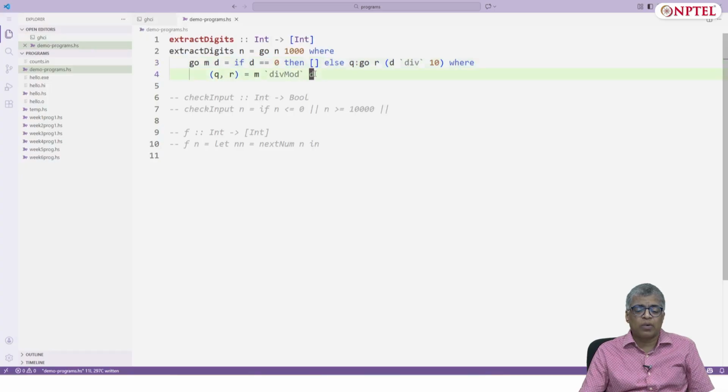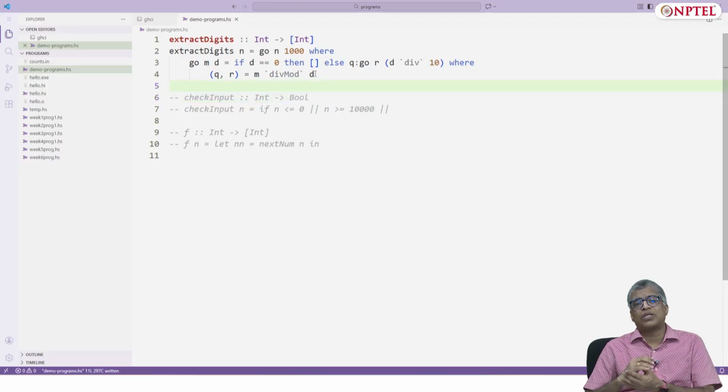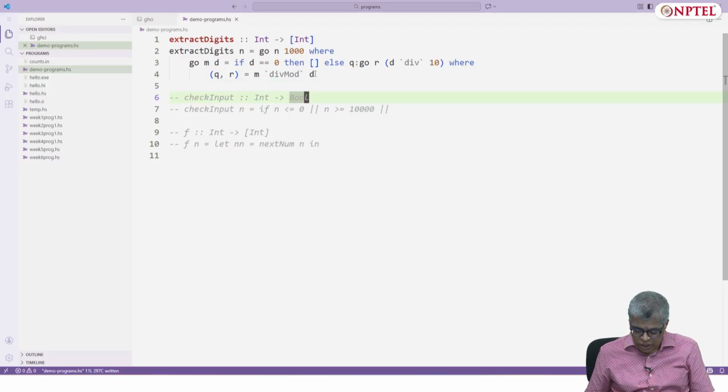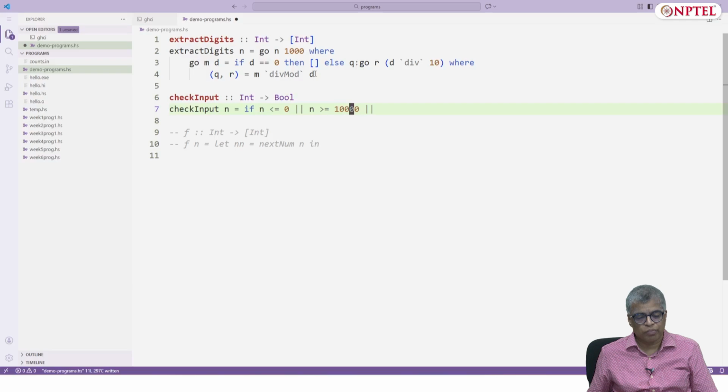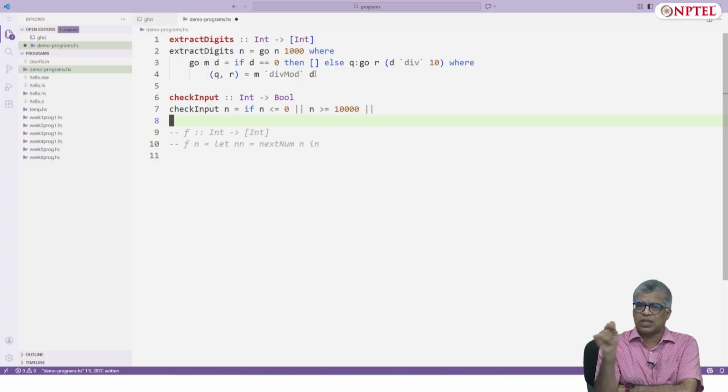So let's get back. Now I have a way to extract digits and make it into a list. Now what does check input have to do? Check input has to extract the digits, and once it has extracted the digits, it should check that it is not the case that all digits are the same. What does that mean? That means that if you have 4 digits, then the rest of the digits are the same as the first digit.